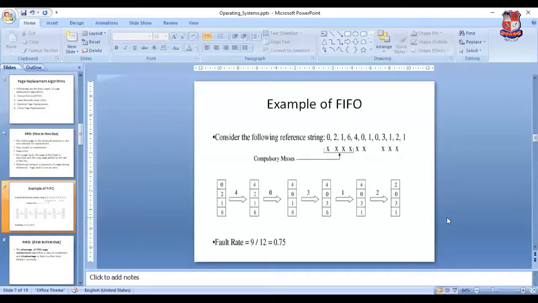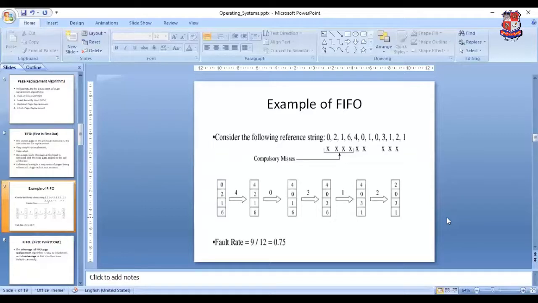Now the next request is 3. Here we again analyze the page frame 4, 0, 1, 6. At which place do we put the 3? The first inserted value is 1, so in the place of 1 we put the 3. Next comes 1 again. Here, in the place of 6 we put the 1, because 6 was the first included in this particular page frame. Next request is 1. The 1 is already available, so there is no need to replace the page.